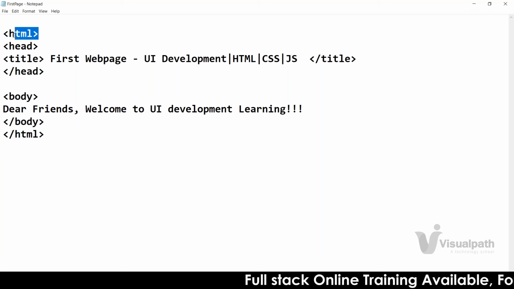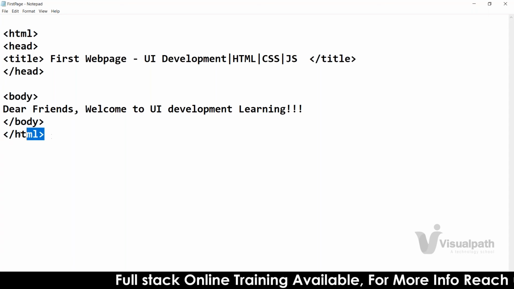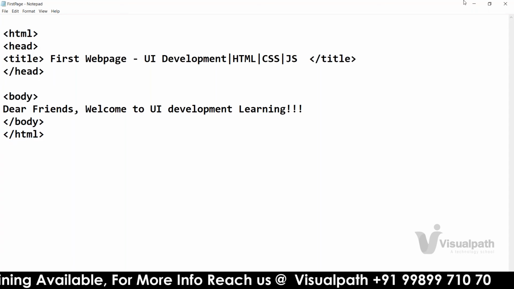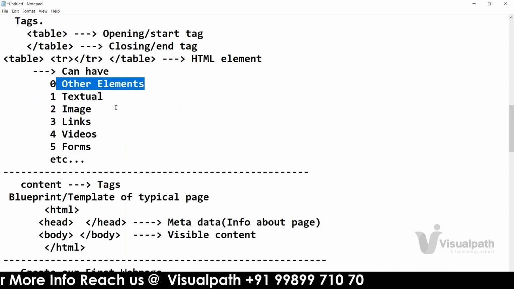Title element, which internally tells us that an HTML element can contain other elements, or even your web page itself. Opening HTML and closing HTML, that is the root tag. Inside that, what is there? Head element is there, yes or no? So an element can contain other elements. Okay, that part is done.